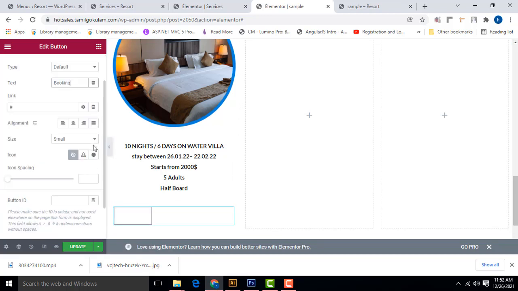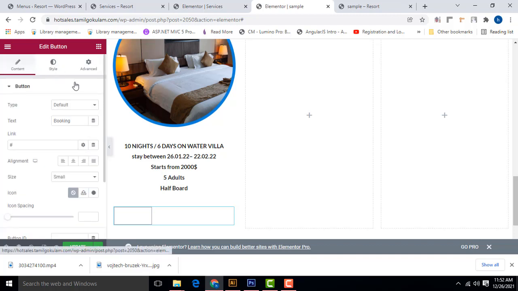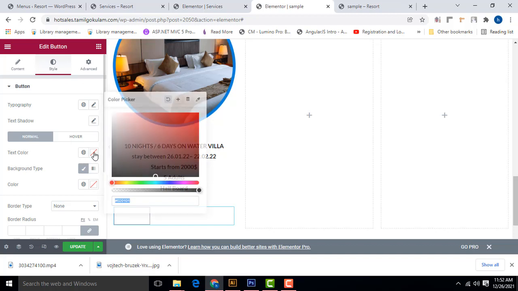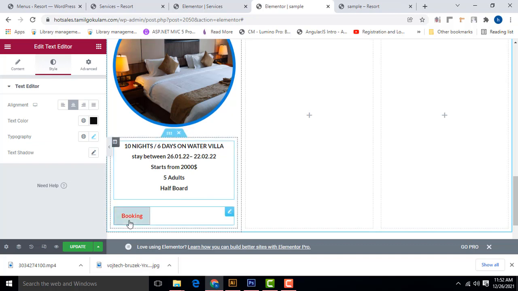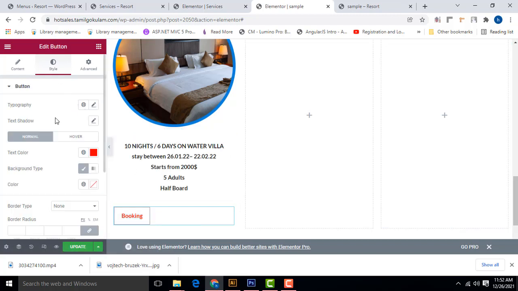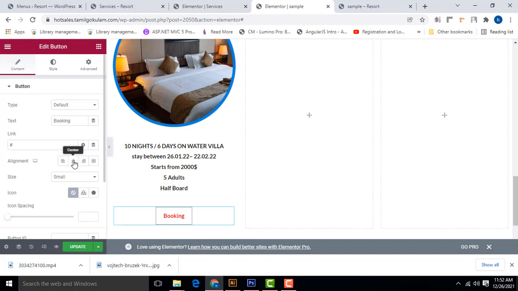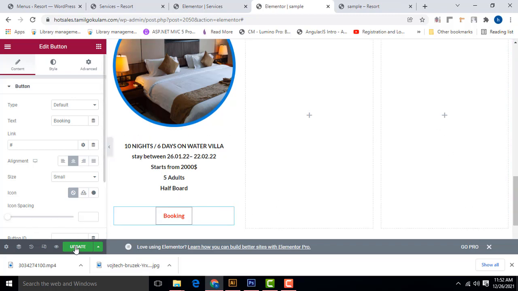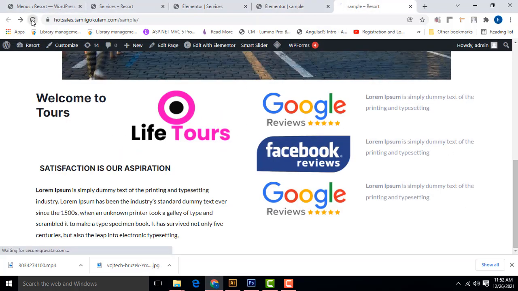So here the other stuff, style, text color. I am going to change it to this color, red. These colors are there. Here you can set the color, and this color is changed successfully. That's the only thing you have to do. After that, I am going to align it. I have set it as right, center. It's coming here center. That's very simple stuff I have done here. Okay, very simple, but update and check how the site looks.